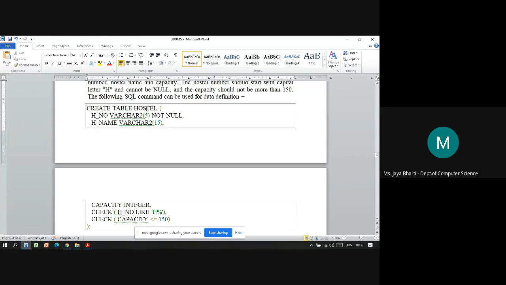It should not contain space or any other special character. Keep that in mind. Create table are keywords that will come as they are. Those are the statements, commands. Then open the parenthesis. Inside the parenthesis, we specify the list of attributes or the list of columns which you want to create in that particular table.